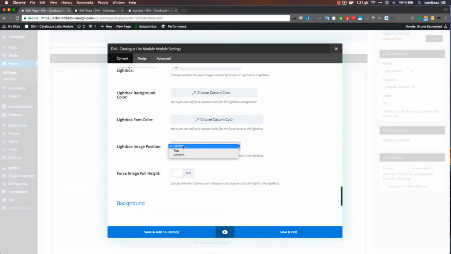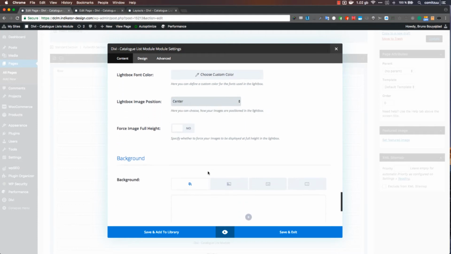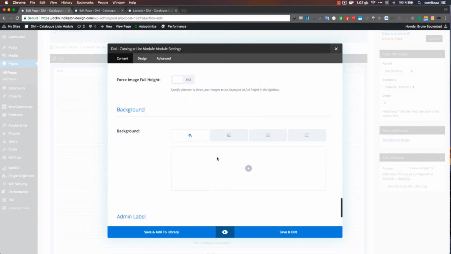And you can also choose the vertical position of the image inside the lightbox. This can be helpful if you use squared images, because by default squared images are stretched to the width of the lightbox. But if you don't want this, then you can force the image full height, or you can choose to position your images on top or at the bottom to show the areas that you want to display to your users. So when we scroll down to the next section, here you can set up a background